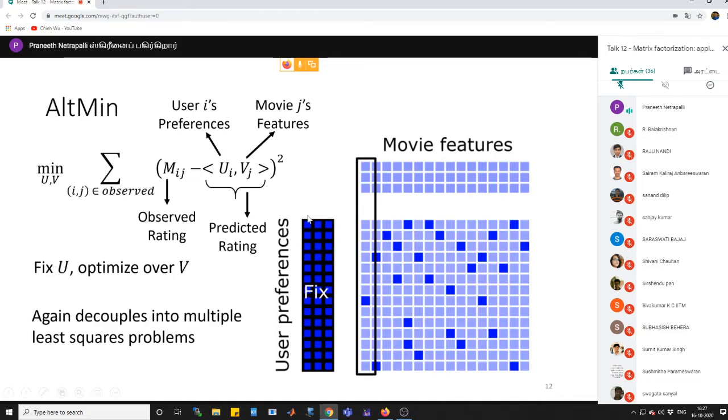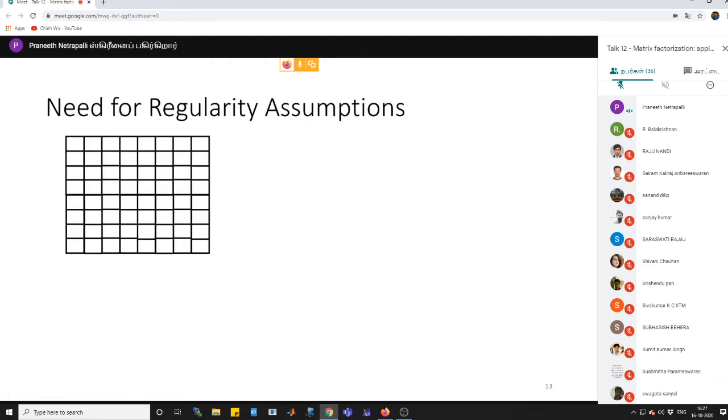This is the algorithm, and ideally what we would like to say is that if we start with some U and V, and then perform this algorithm, and we assume that the underlying matrix M is indeed low rank, then after observing some number of entries, if we implement this algorithm, then UV transpose will indeed converge to the true matrix M, right? But it turns out that it's not always possible, and we need some regularity assumptions.